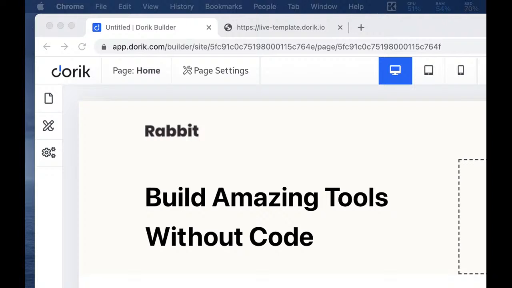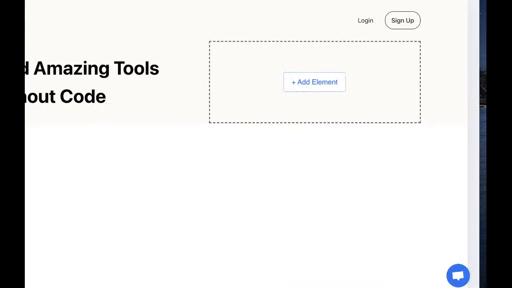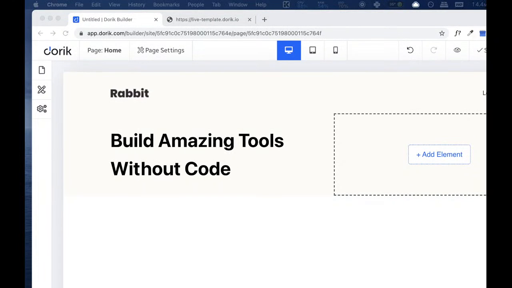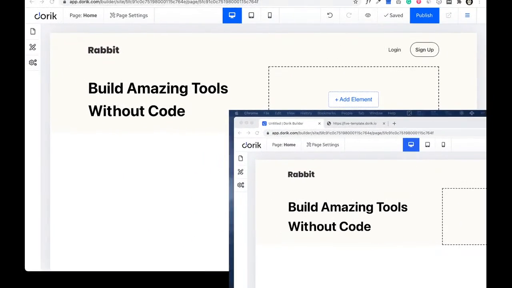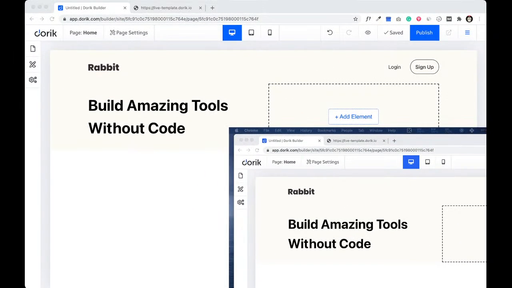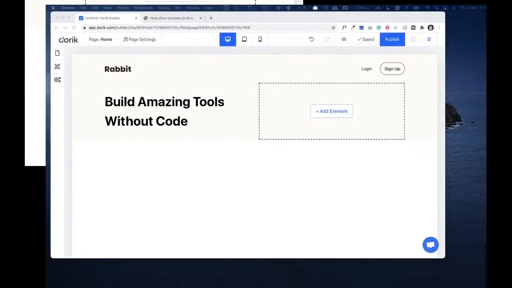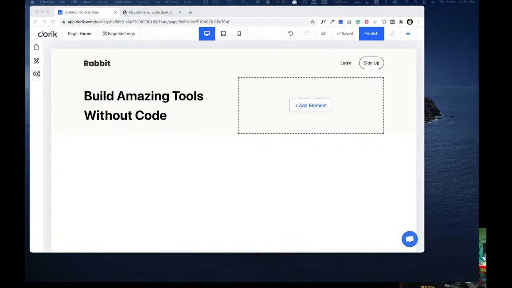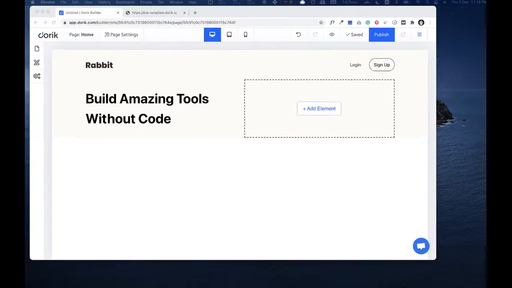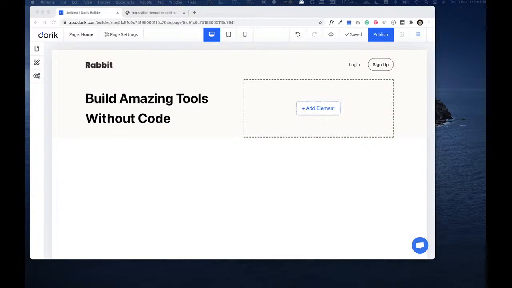Okay, just give me a minute, I'll just fix it. I think it will work, hopefully. Okay.